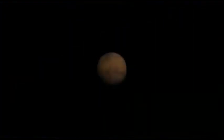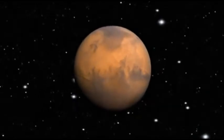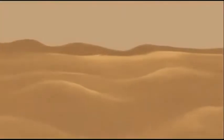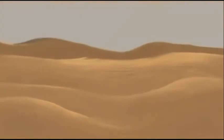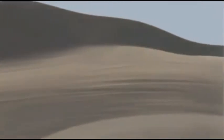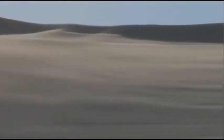If human beings ever inhabit another world in our solar system, this is the most likely candidate. The red planet, Mars. To a visitor from Earth, a tour of Mars might be very reminiscent of places back home. Places like Southern California's Mojave Desert,